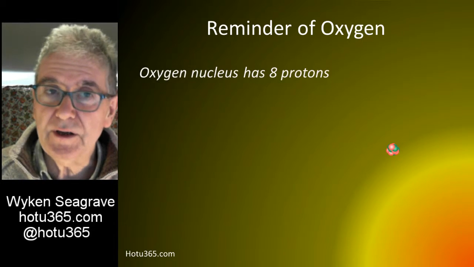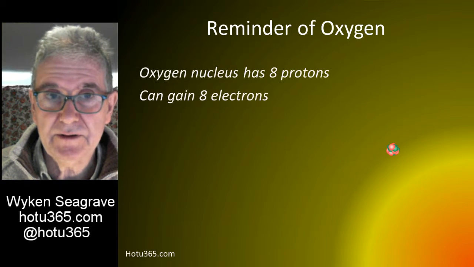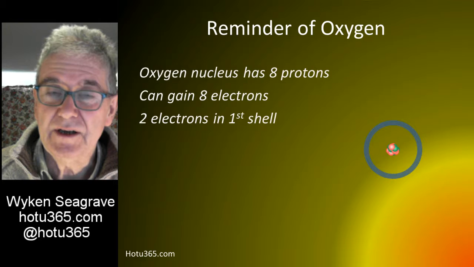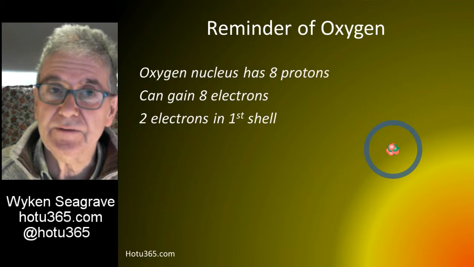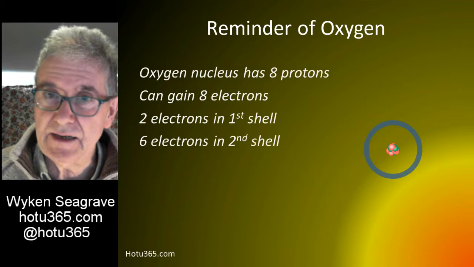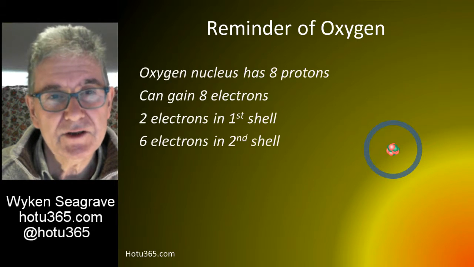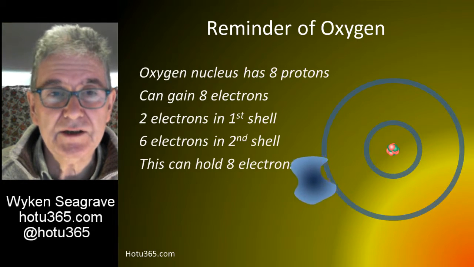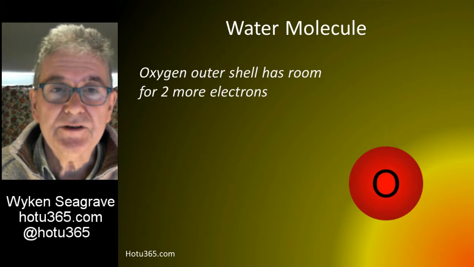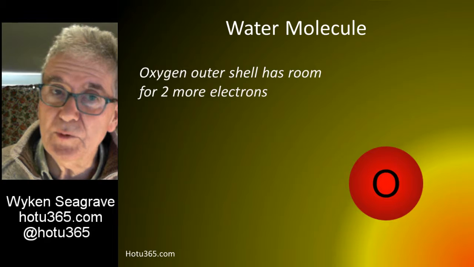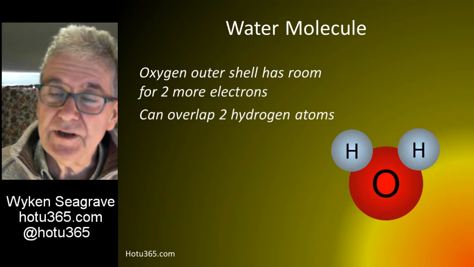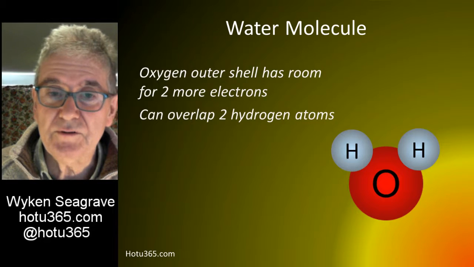An oxygen nucleus has 8 protons. It can therefore gain 8 electrons. The first 2 go into the first shell, leaving 6 electrons to go into the second shell, but this shell can hold in total 8 electrons. The oxygen outer shell has room for 2 more electrons, and as the oxygen atom is adsorbed onto a particle